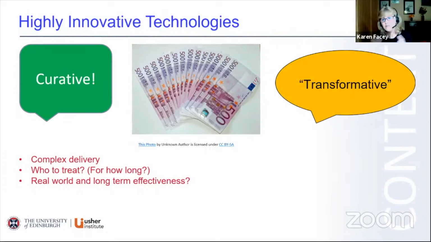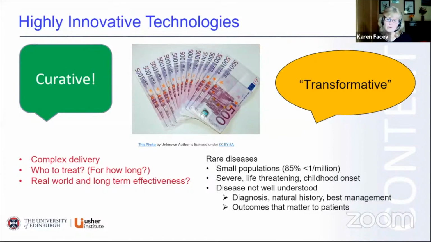And when we see a clinical trial, as Jan was talking about, that's in a very controlled population. How does that feature in our own health system? And we actually need some long-term outcomes, because if you're saying it's curative, we need to demonstrate that it really is a cure over the longer term.